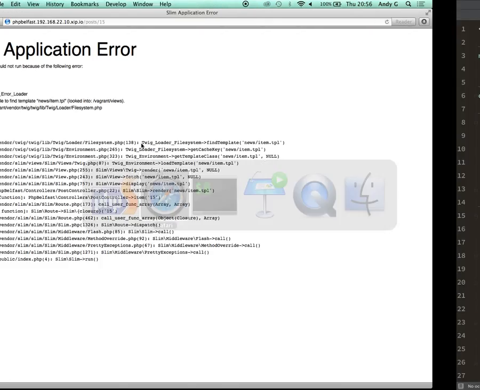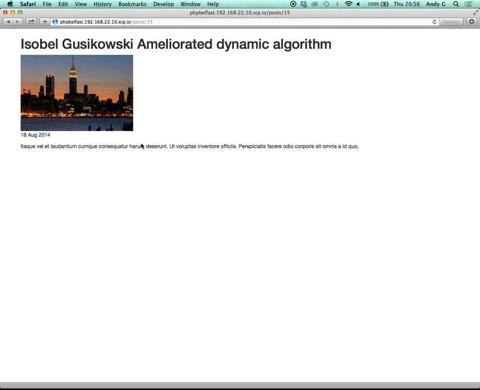Item.twig, we renamed it. Reload. There we have our item page. So we've switched over to Twig. That wasn't actually that bad. How long did it take? Too long. But